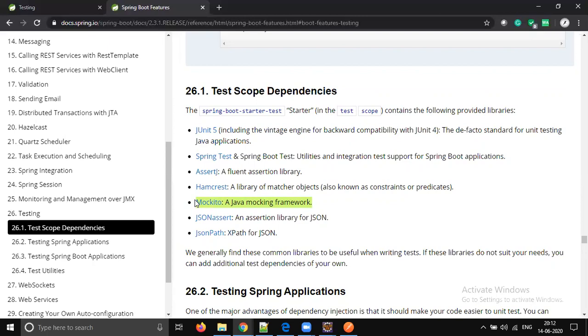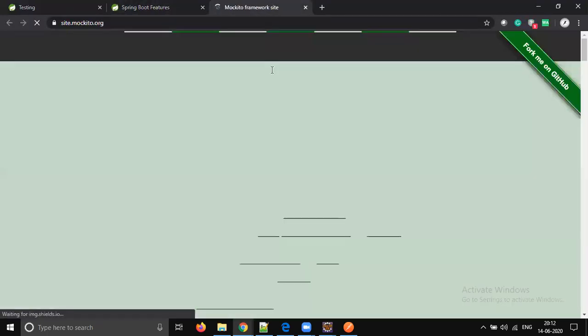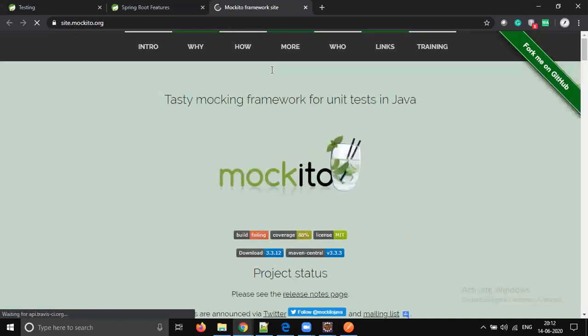So let's focus on unit testing now. So how the Mockito is going to be used, right? This is completely a third-party library, Mockito.org. Spring has an inbuilt support for this Mockito. It's really such a powerful library for unit test or else JUnit test, right? So what exactly is Mockito, how it's going to be useful while testing our code.